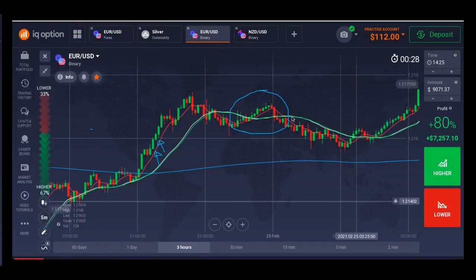Same thing goes for the upward trend. Anytime you see a cross like this, at the cross of this red moving average, a bearish candle shows up here and it is in an upward trend, you wait for a bullish candle to show before buying. So this is how to trade with this strategy. This strategy is very profitable. I'll advise you to watch this video over and over again so that you can get familiar with this strategy, and I promise you will be 100% profitable in your trading.